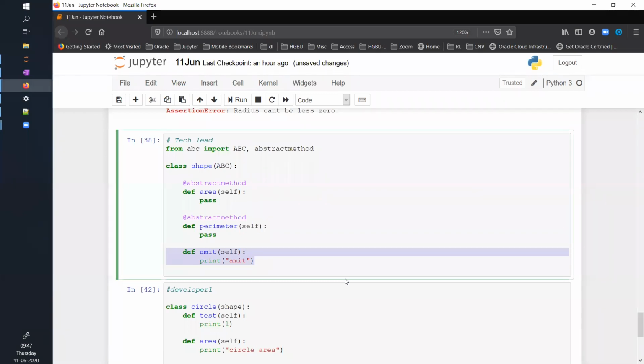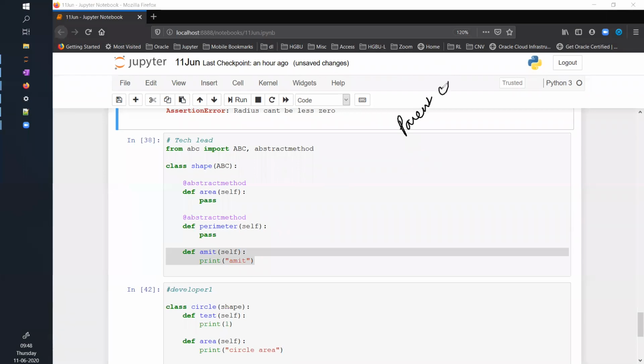Okay. So this is how inheritance works, and some of the concepts are all covered in this example. So let's say you have a parent class, and you have a child class. It's exactly similar to how inheritance works in Indian society. Okay, exactly similar. So you have a parent class, the parent will have some property.